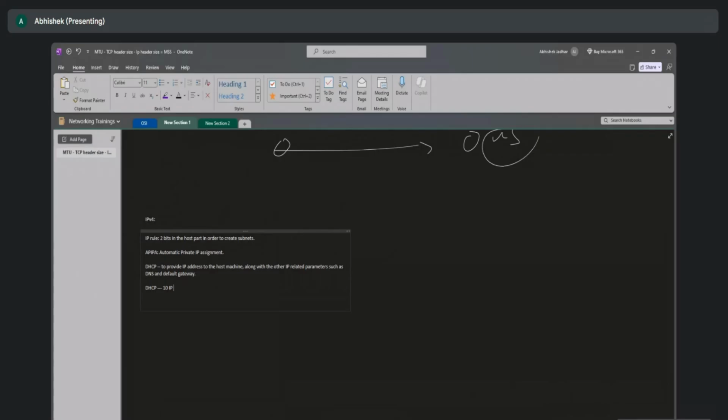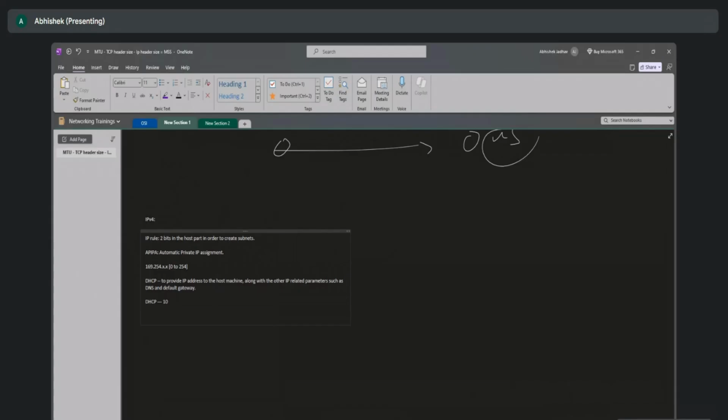So your machine on its own configures a default IP which is actually reserved by IANA on each and every TCP stack. That is not going to be used for any sort of routing purposes. So that IP is nothing but 169.254.x.x, right? By x.x, I mean it can range from 0 to 254,